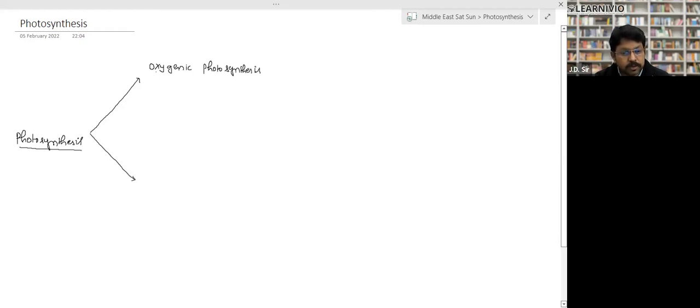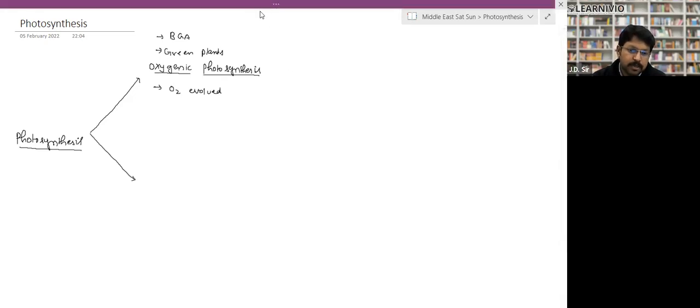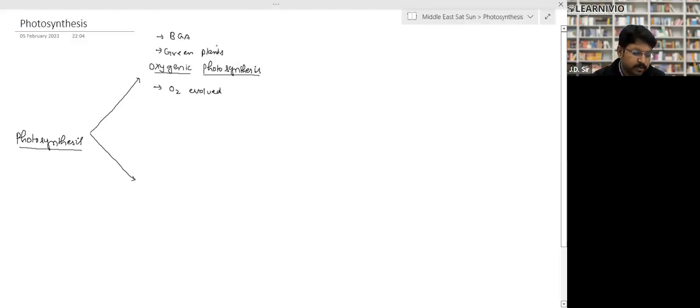What is oxygenic photosynthesis? Oxygenic photosynthesis is that photosynthesis where O2 is evolved, or evolution of O2 takes place, and then formation of food takes place. Oxygenic photosynthesis takes place in green plants, and even in blue-green algae, BGA, right? So there the oxygen evolution takes place, and in that reaction,